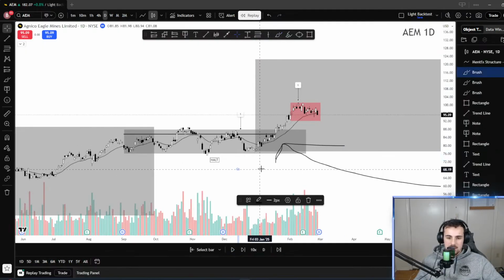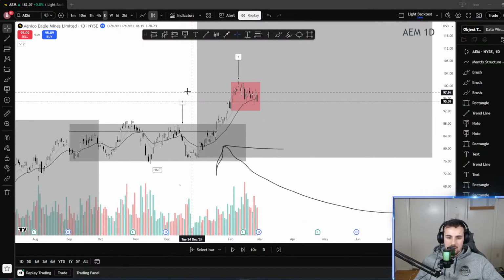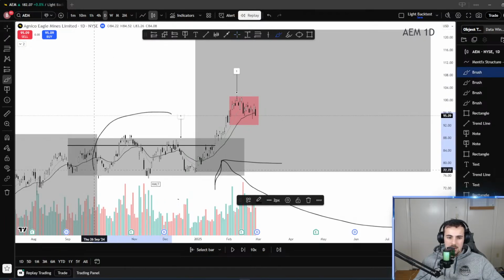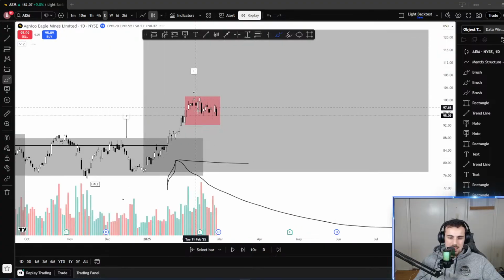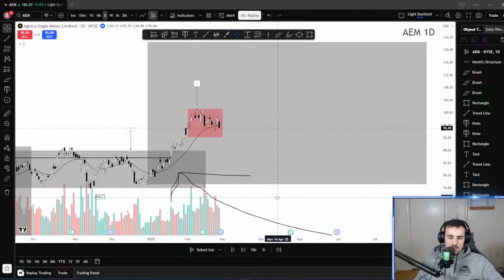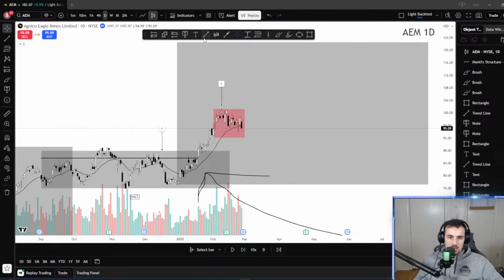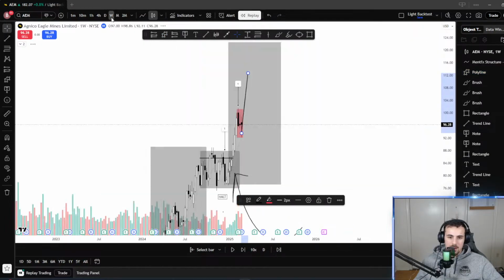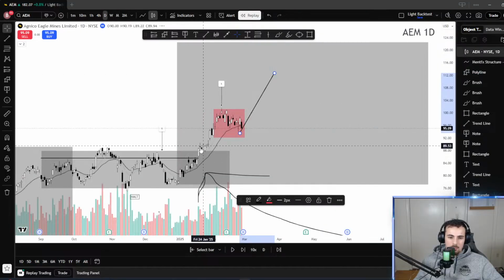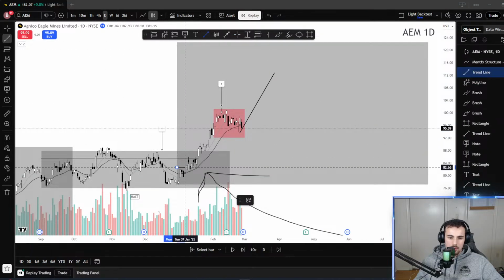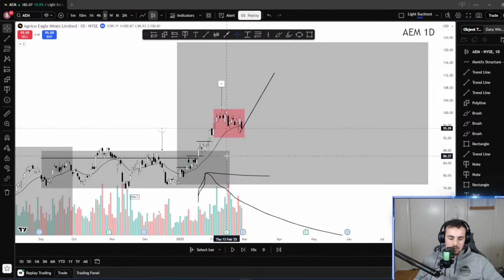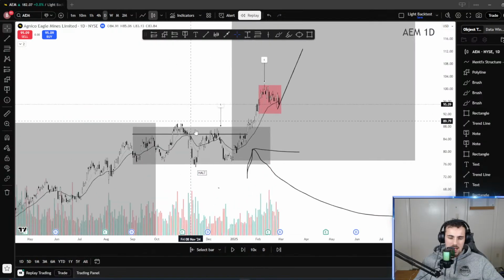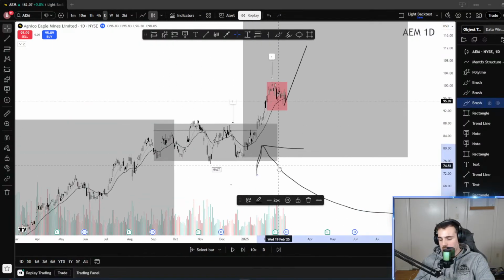Now you'll see the daily time frame is doing exactly what the weekly did in this area here. So you see how the weekly went sideways. The daily is now going sideways. And what we can expect the daily to do, if it does want to make this higher time frame leg on the weekly time frame, then we can expect multiple breaks of structure like this to come into the market. Now that's what we expect. That doesn't mean it has to happen, but that's what we are expecting.